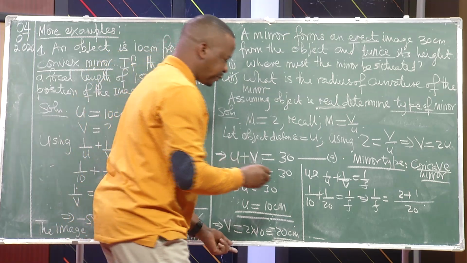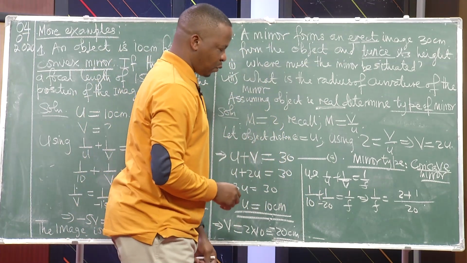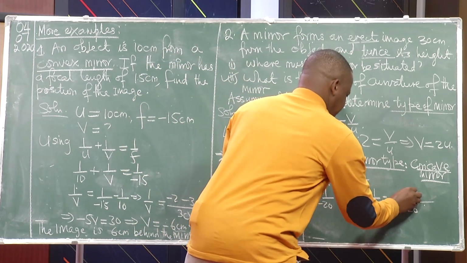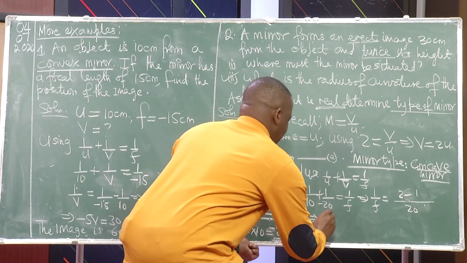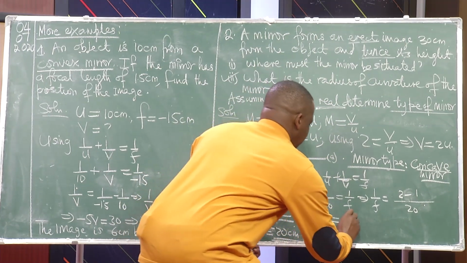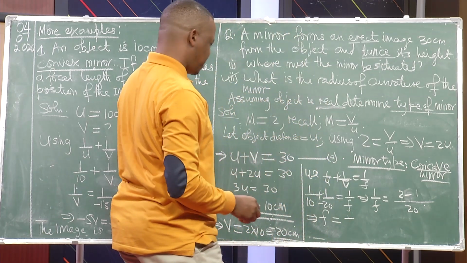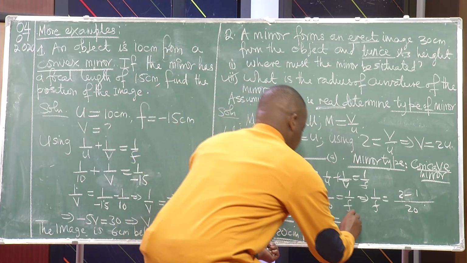And therefore this 20 is negative. So when we take our LCM, we shall have this as a minus, and this implies that our f will become negative. We shall have our f giving us a positive 20